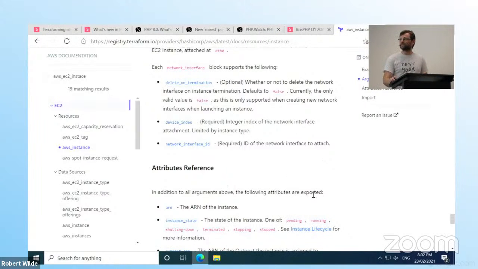Don't worry about it. New version, that's a major version. They use the 0